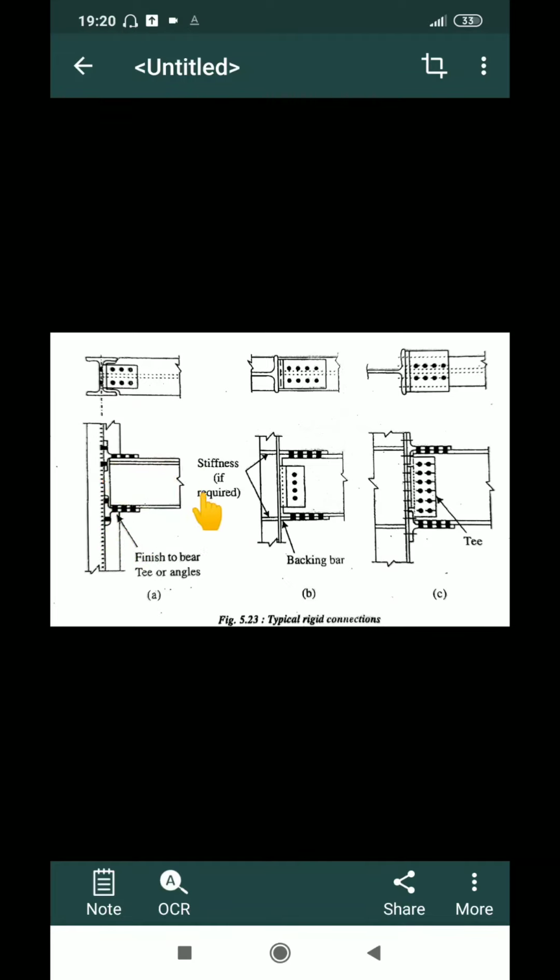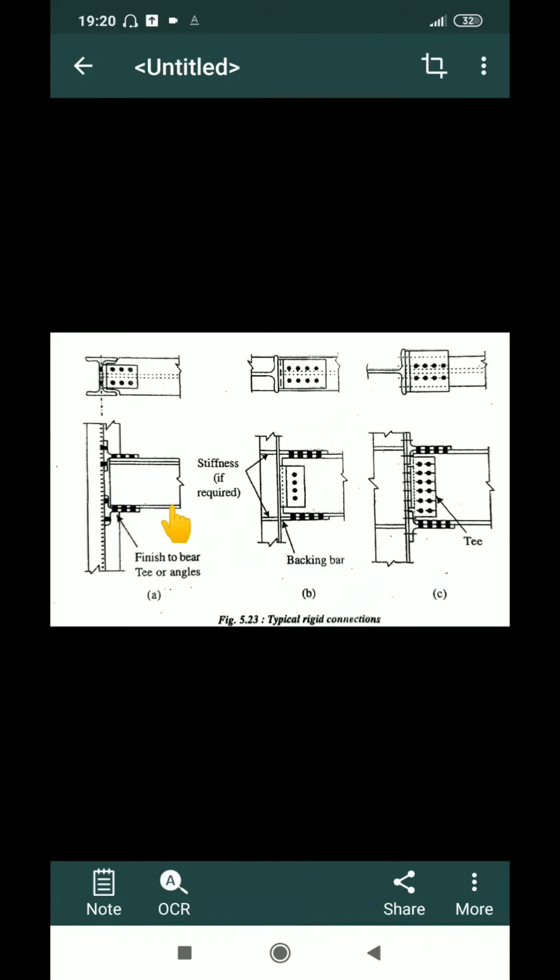There is a beam with a flange on top and flange on bottom, and there is a column where I'm connecting a beam with a column with a T or angles here. You can see either you can provide a T here or you can provide an angle plate here,